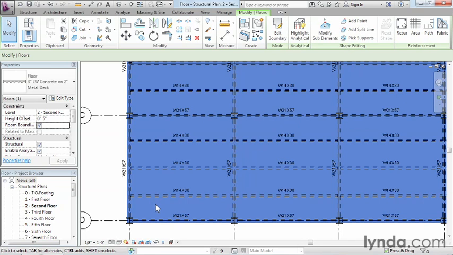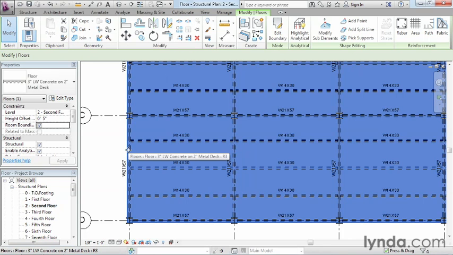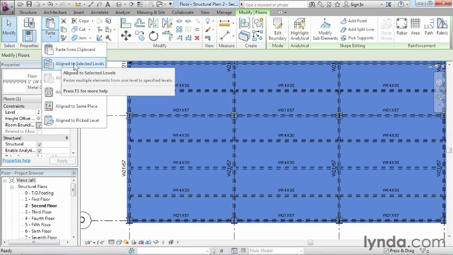One more thing we want to do is copy this concrete slab up to each of those other levels. As long as it's highlighted blue, we can go on up here to the copy command. If it's not highlighted blue, just come over here to the edge of your floor and click, and it'll highlight the entire floor blue. Then come up to the copy command. So copy to the clipboard, and then we're going to go to paste, and we're going to do align to selected